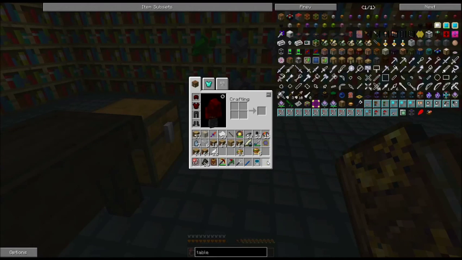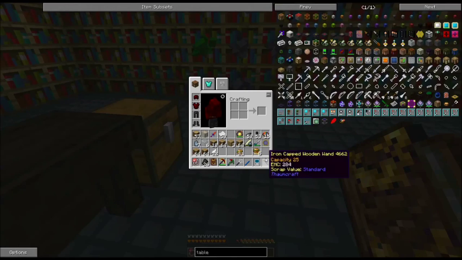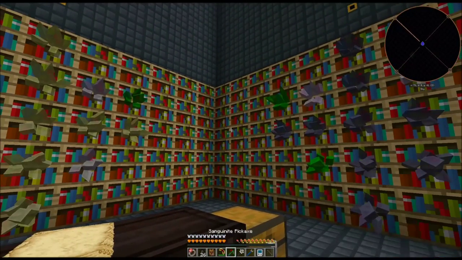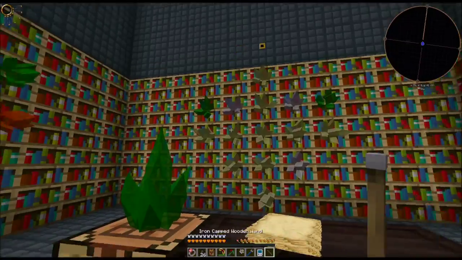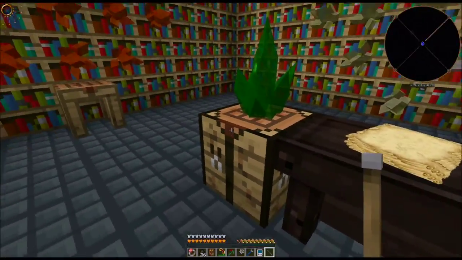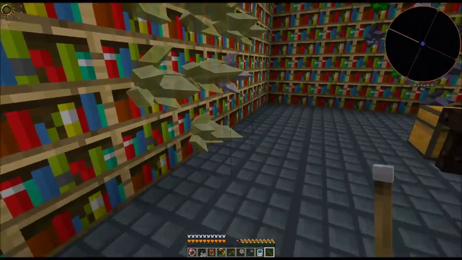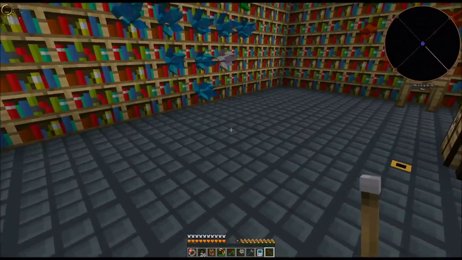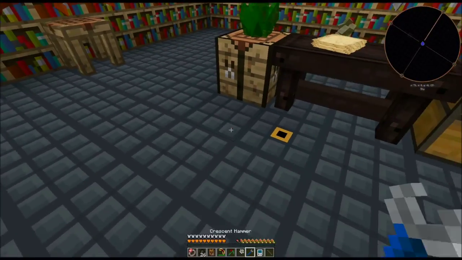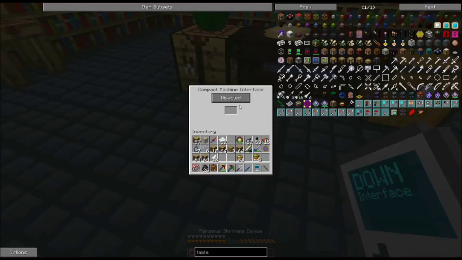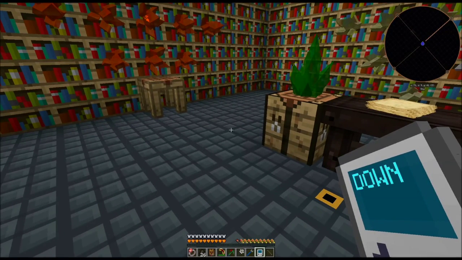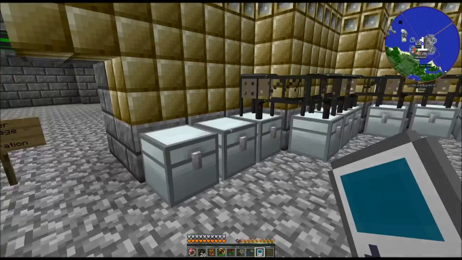So, the first thing you want to do is, if you have your wand out, you look in the top left corner and you'll see these 6 little gauges. These are your storage of primal aspects. You can see that I have absolutely jack in them right now. So we need to go gather primal aspects. If you look at the recipe,